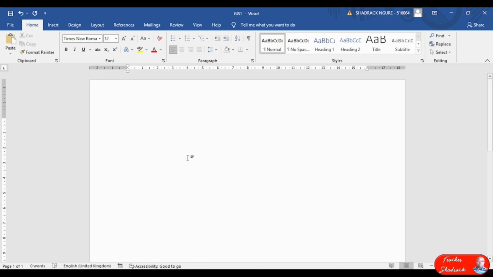Now I'm typing the heading that is given there. Purpose of geographical information systems. Then I press enter to begin a new paragraph down there, and then we type: People want to understand their own individual